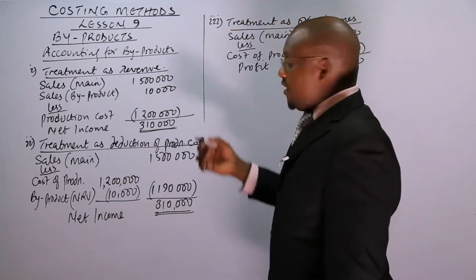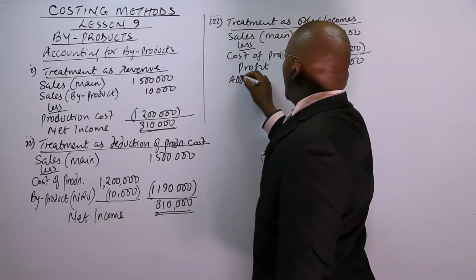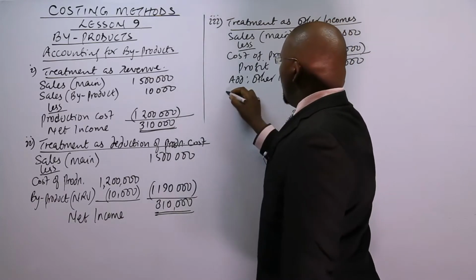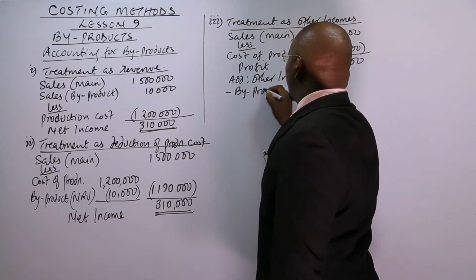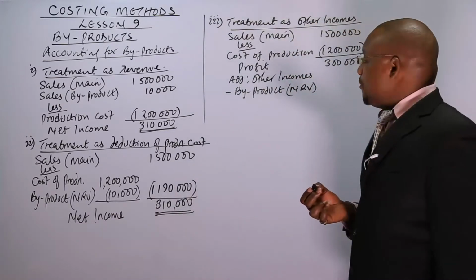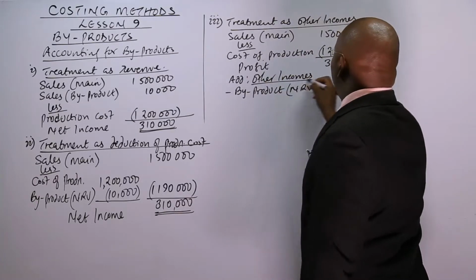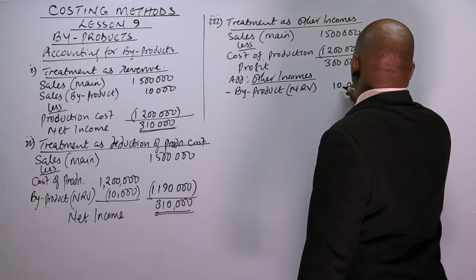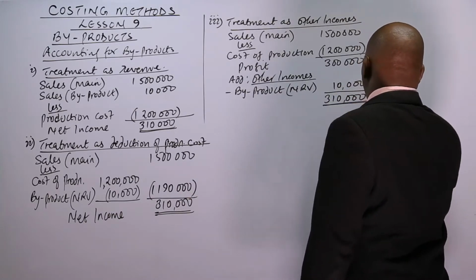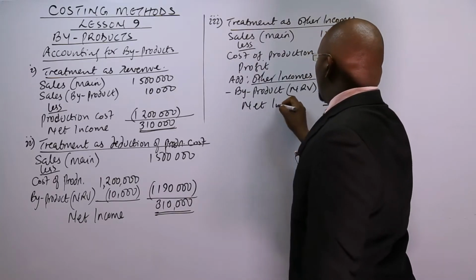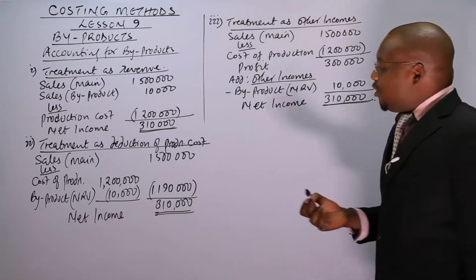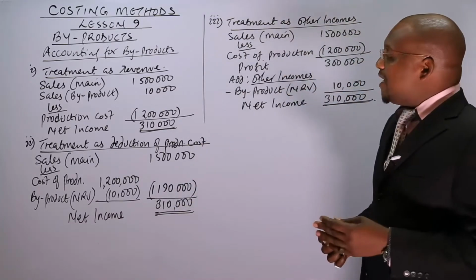This is 300,000. Then we add other incomes, which now is the byproduct NRV. We are having an income of byproduct NRV, which is 10,000. So therefore we have 310,000 as the net income. So you have net income of 310. Now, you'll note that all of them have the same result,